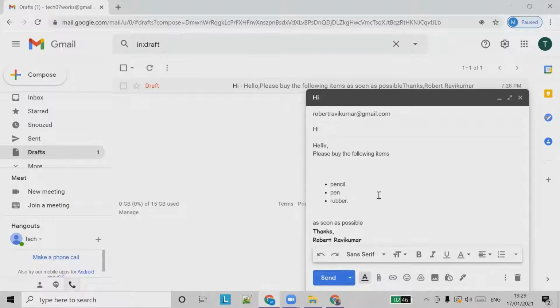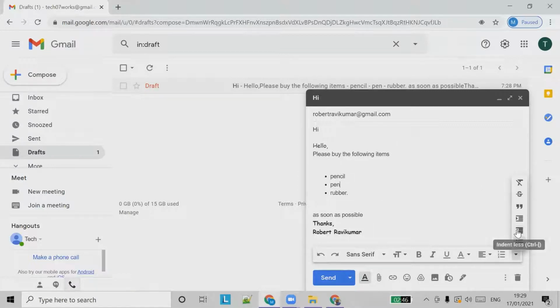Click enter, enter again, and you're gone. So two times enter will stop the bullets or numbering, and it will move to the normal format of the text. So this is one thing.